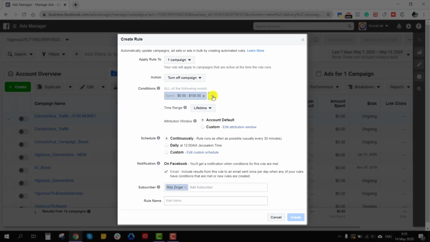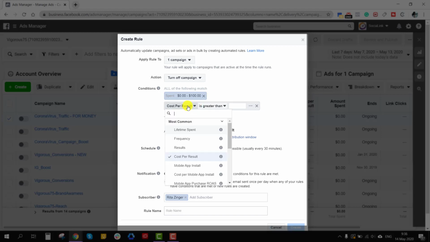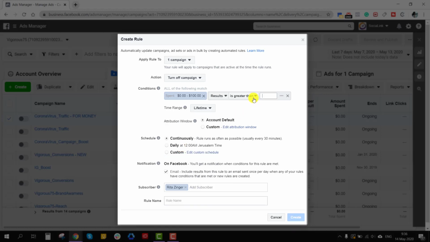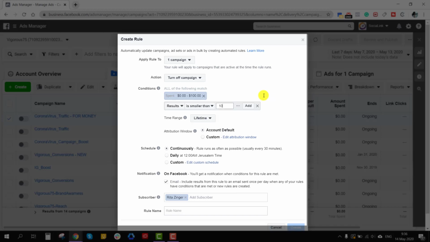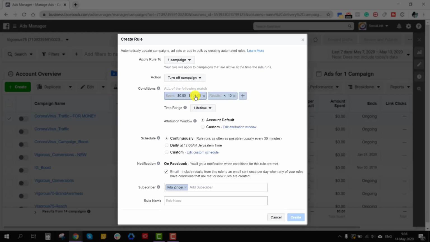Then the additional condition that I need here is my price per lead. You have to make sure that you're running a lead generation campaign first. In that case, you can just see results right here. You can choose them and say that is smaller than 10. So that's how we want to make sure that this campaign will generate at least 10 leads